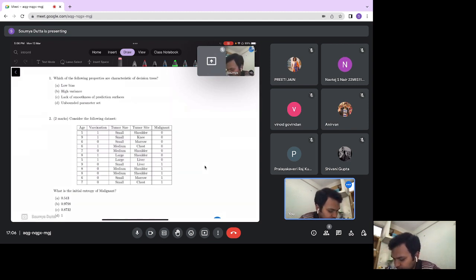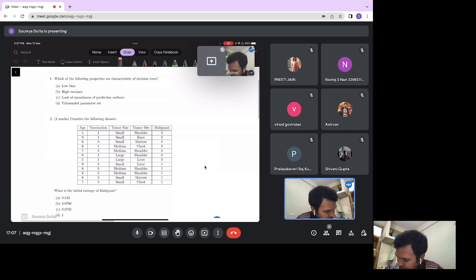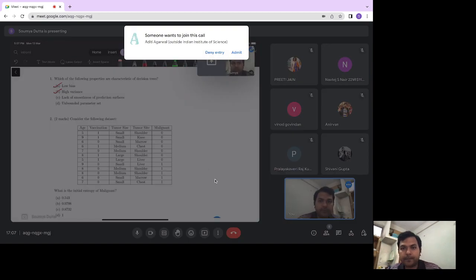Okay, so which of the following properties are characteristic of decision trees? Low bias, high variance, lack of smoothness of prediction surfaces, unbounded parameter set. So, if you have gone through the course, if you have gone through the lecture, you would know that all these are correct. Low bias is definitely a correct option, and high variance is a correct option